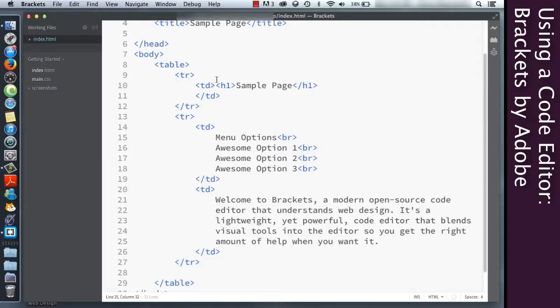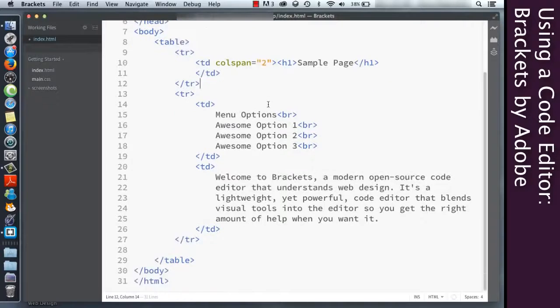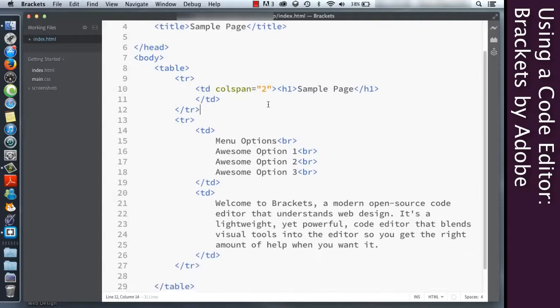This table row only has one TD in it, whereas this one has two, which means I probably want to add a colspan here. Now notice that it's also using predictive text. So if you're forgetful and you have trouble remembering what they are, if you get it right at the start, you can probably find it, which is definitely useful for people who are learning. Alright, so not too bad.